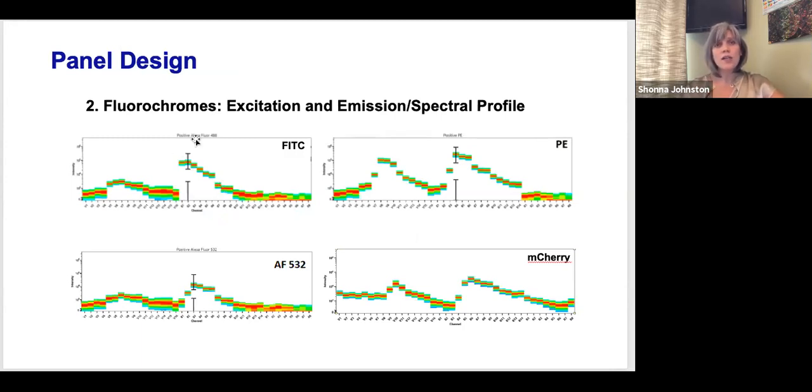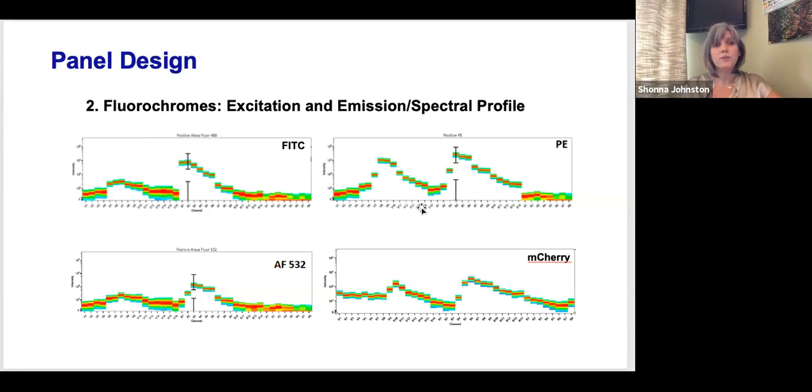And you can see we've got an example of FITC here, and then we've got an example of PE. Now, if you compare the staining indexes of a lot of these fluorochromes compared to your standard systems, there may be some discrepancies in that. And again, you've got to be aware of what lasers you have. Your PE is obviously not going to be as well excited by a blue laser as it is by